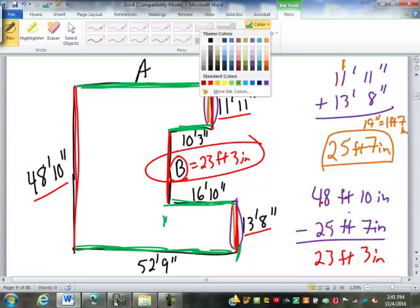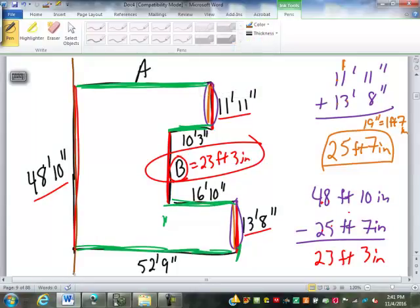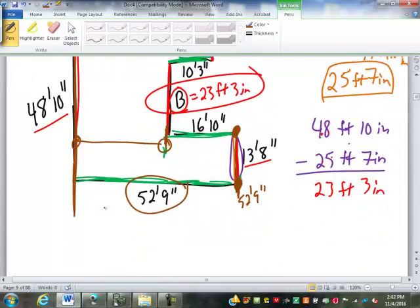I'm going to use this edge here as kind of like a 0 point. I'm going to measure the distance from that edge. So out to here, at this end of this bottom wall, the horizontal bottom wall, I'm at 52 feet 9 inches away from this edge. Which is also, I'm 52 feet 9 inches here, because this is vertical. It doesn't move side to side. If I come back to here, how do I get this distance? Well, that would be the 52 feet 9 inches